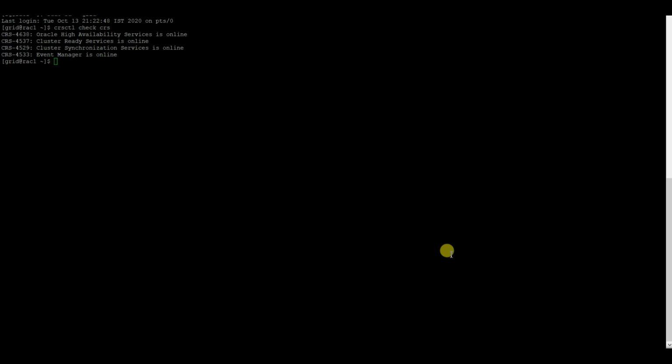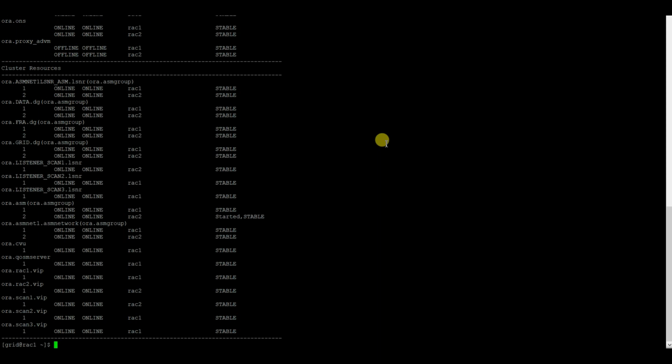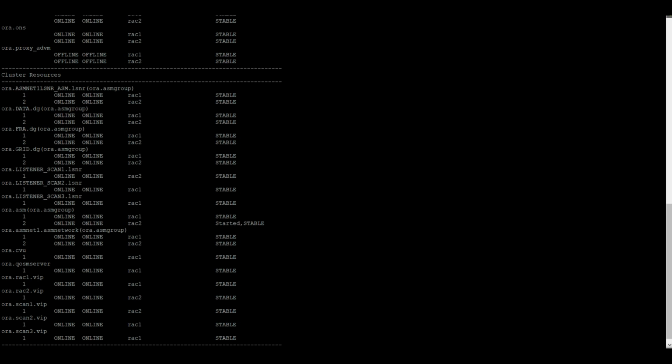And if you need to check the status of all the services running on each and every node, crsctl stat res -t, and from here you can see the status of each and every node.